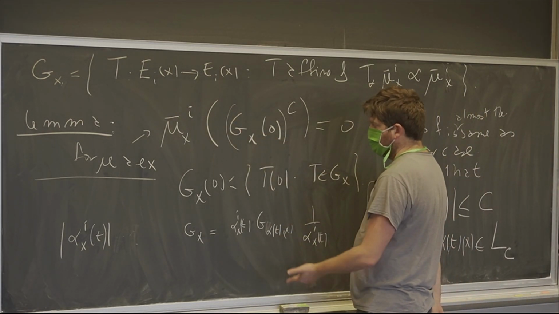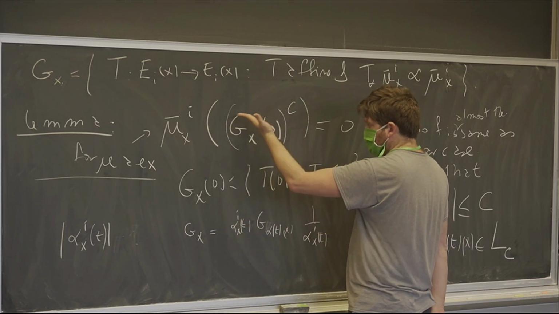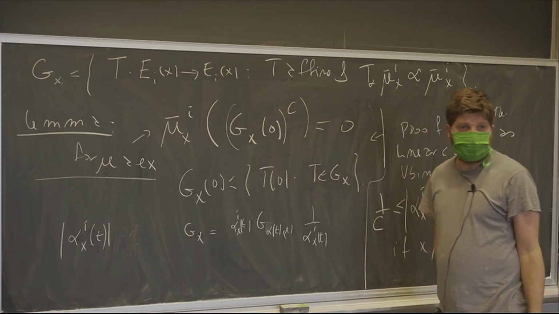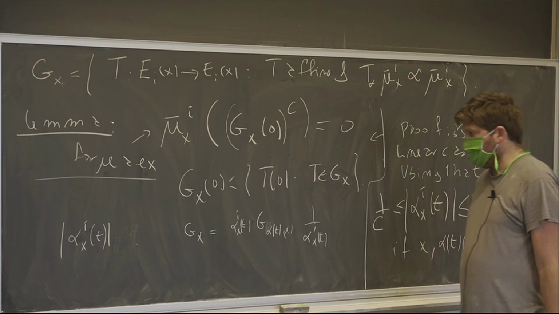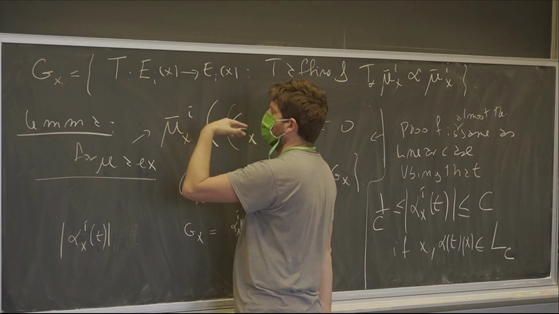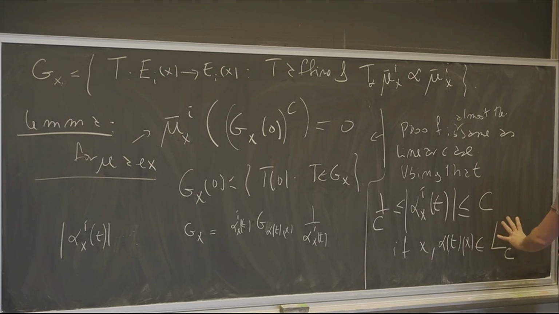So you conjugate by this and you get one from the other, and so the measures have the same type of invariance. So you get that the orbit of 0 is mapped into the orbit of 0, and so either both have 0 measure or both don't have 0 measure. So this gives you the invariance. So you only care about showing that this set of points has positive measure, and then you pick your Lusin set of measure larger than 1/2 or 3/4 or something close enough to 1,